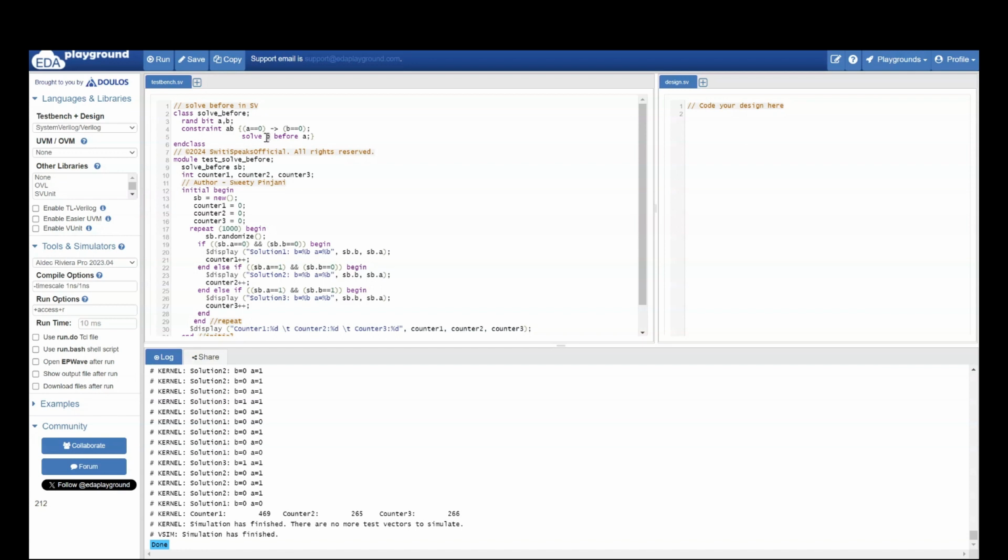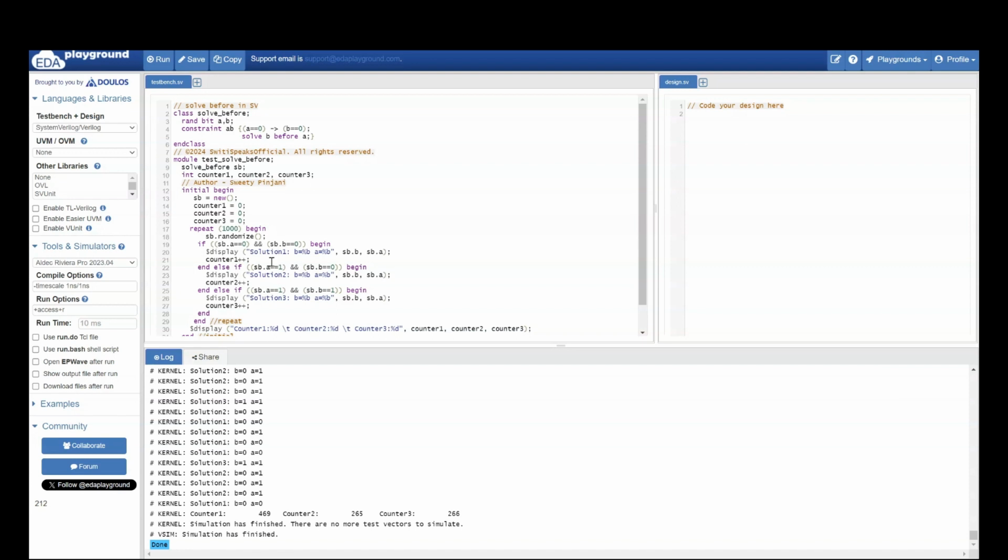The second possible value for B is B equal to 1. Now when B equal to 1, can A be 1? Yes. When B equal to 1, A can be 1. But when B equal to 1, can A be 0? No, because of this constraint. When B equal to 0, A has to be 0. That is why the probability of B, which was half, is going completely to the solution B equal to 1, A equal to 1. That is why solution 3, B equal to 1, A equal to 1, is going to get generated with half probability, which is almost 500 times.